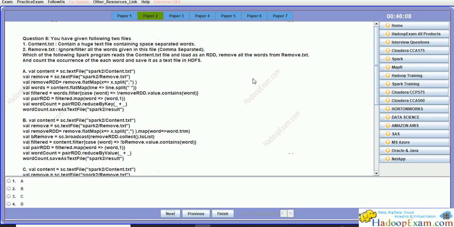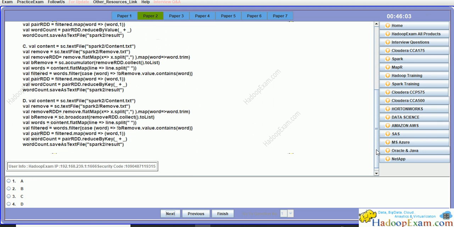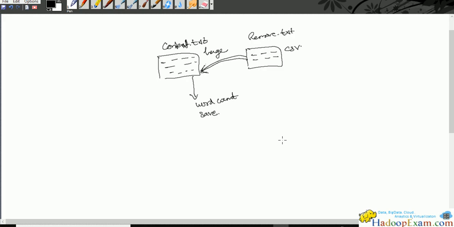I believe they wanted to test your knowledge of the broadcast variable. Okay, so this file is huge. It means that if you have a Spark cluster of multiple nodes, this file is divided into multiple parts and saved on each node, correct? And similarly each partition would become an RDD on that node, correct? Let's assume it for simplicity, it becomes an RDD. So